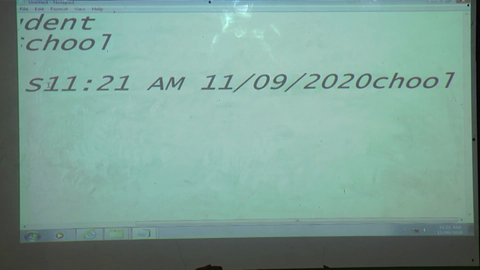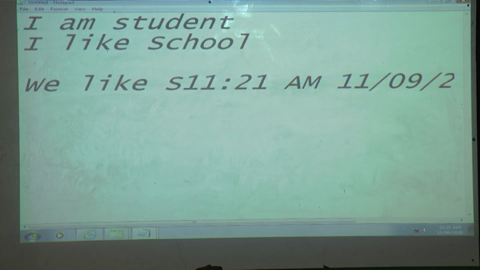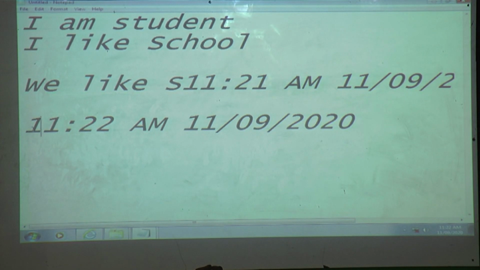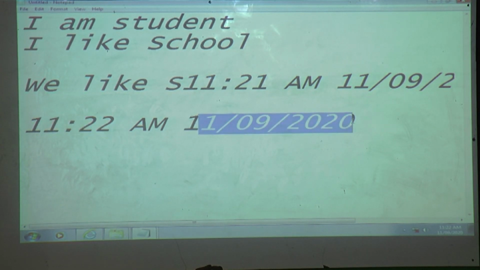Why is it showing here? Because my cursor is here. If I press this downside and now we press here, then we can see the current time and date. It displays the current time and date on the screen. Got it?